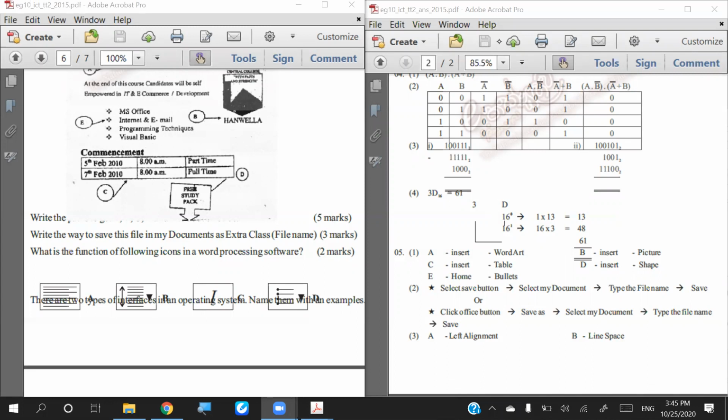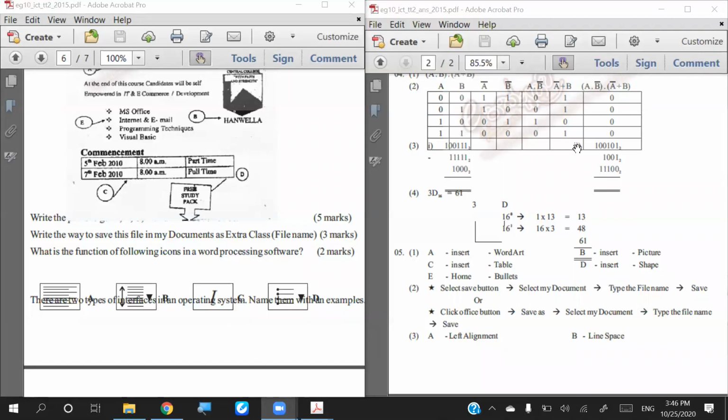Like if the question asks how to save this as a PDF file, then of course you need to say select the file, give the file name, and select the file type, which is the PDF, right? So still you can have the answer, have the marks for the answer. So nothing gets changed,